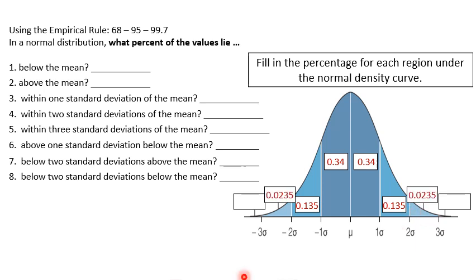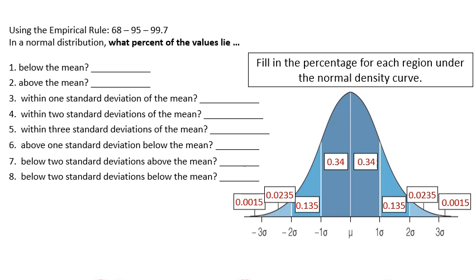All right, and so that is 2.35%, or as a decimal, 0.0235. Okay, and then the last little bit out here, it's very small. You might have to write kind of small to fit it on your notes. So figure out what those are. All right, and so that's 0.0015 or 0.15%. So be careful. Like I said, be consistent with whether you do it as a decimal or as a